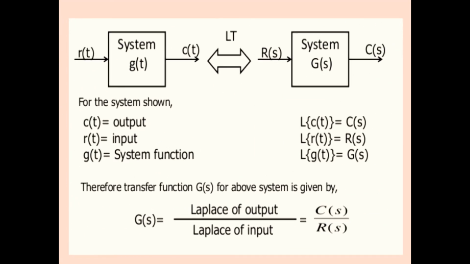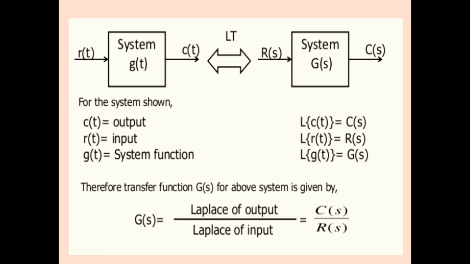Now here, one diagram represents the input, output signal and system function in its time domain form, whereas the other represents the same input and output in its Laplace domain form. In the first, r of t is an input signal in time domain form, g of t is the system function, that is system, in its time domain form, and c of t is the output signal in time domain form, whereas the same system after taking Laplace transform becomes r of s, that is an input signal, g of s, that is system, and c of s is output signal.